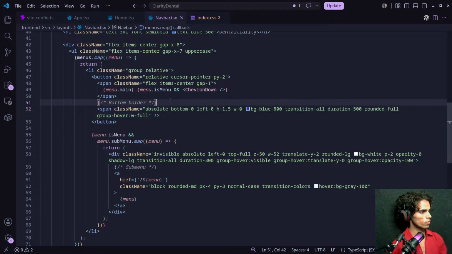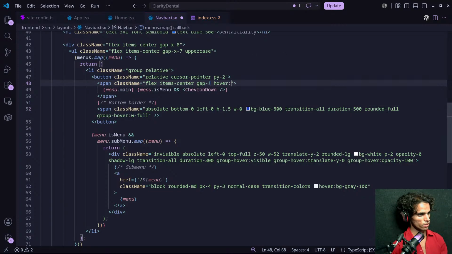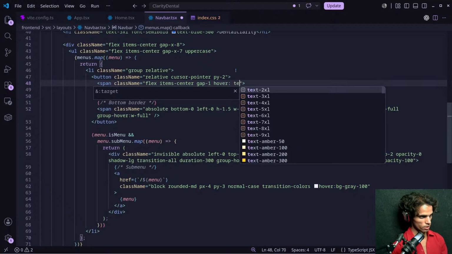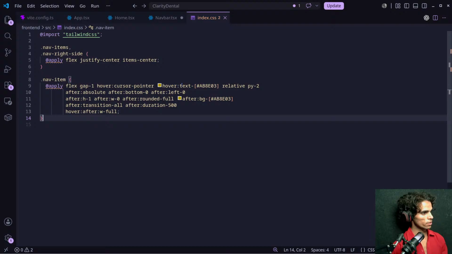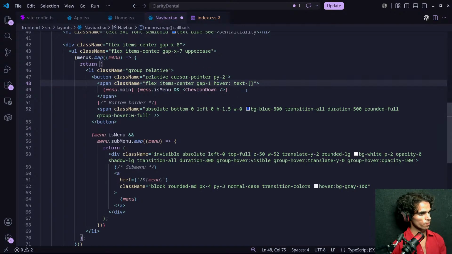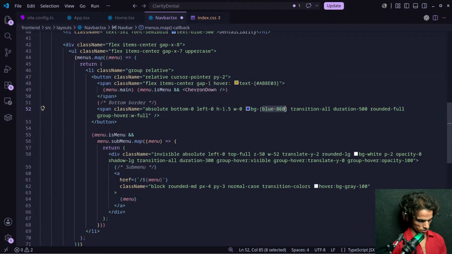Okay, now what I want, whenever I hover on this, let's change its color to the text color. Let's get the text from here. Let's paste this here, and for this I will also like to keep the bg.